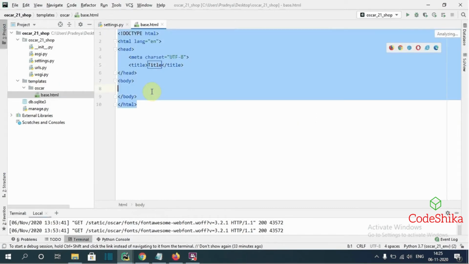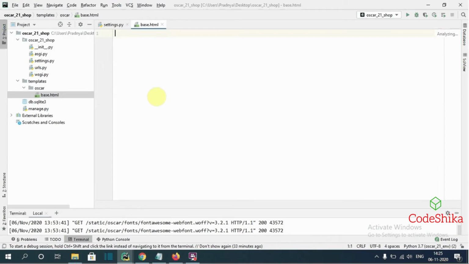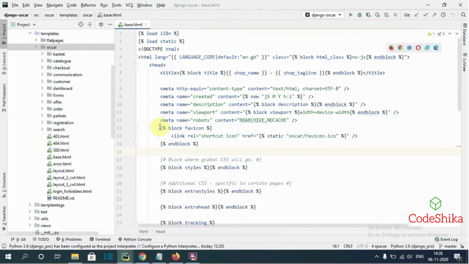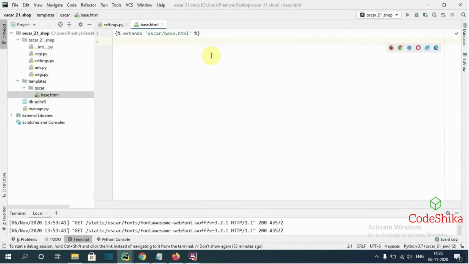First I will remove this. Then first we need to extend Oscar base.html. So extends oscar/base.html. Next copy this block and paste here, and here we need to load static.